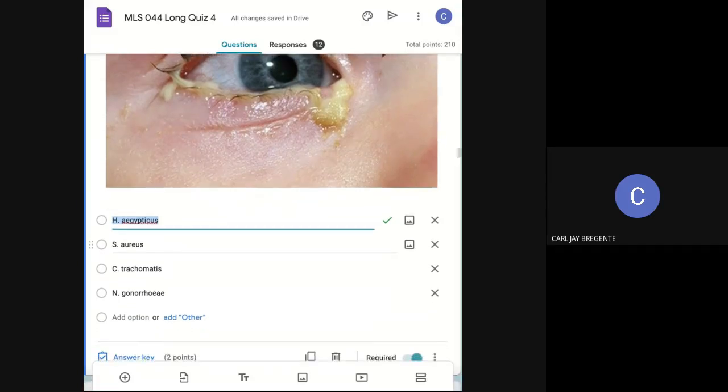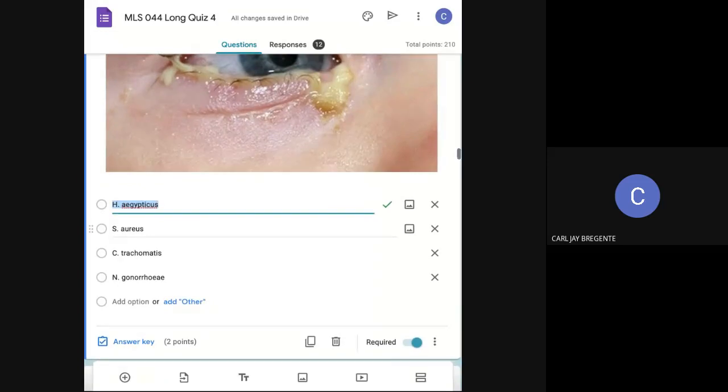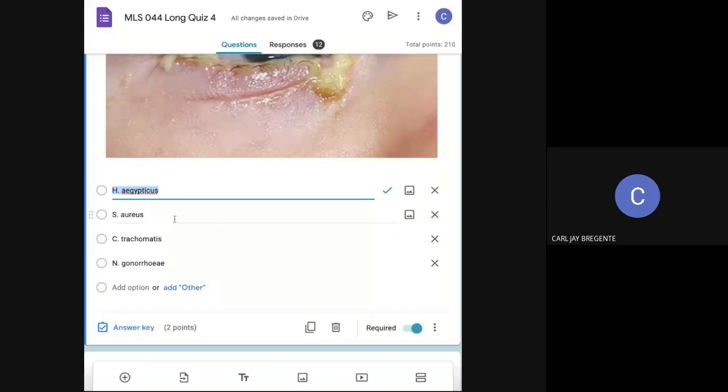Okay? So study the table in your modules on how to differentiate Haemophilus because there might be problems that will come out during your comprehensive exam. Other organisms can cause conjunctivitis as well, Chlamydia trachomatis and Neisseria gonorrhoeae, but pink eye conjunctivitis is primarily caused by